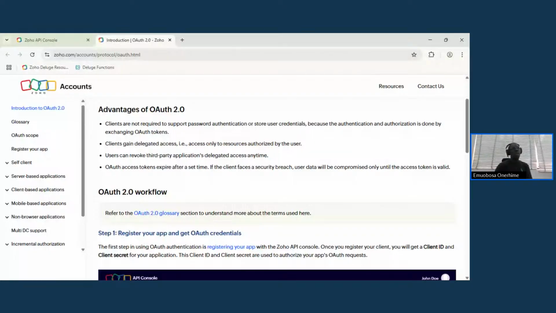The reason why you should not share your client ID and your client secret is because anybody who has a combination of these two details can actually get into your portal, or the person can access your Zoho account. So your client secret is like your password, but your client ID is more like your identity. Now, if anybody gains access, you don't have anything to worry about. You can